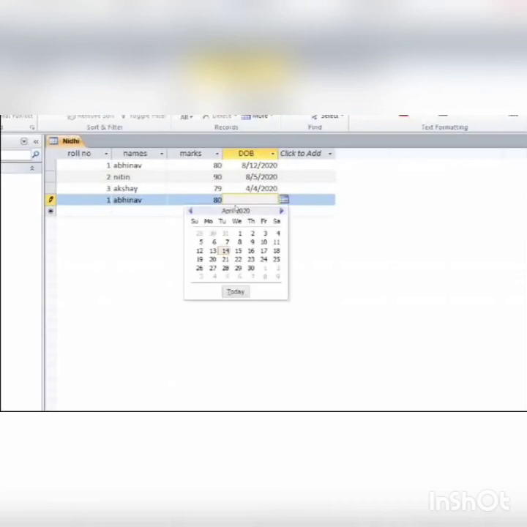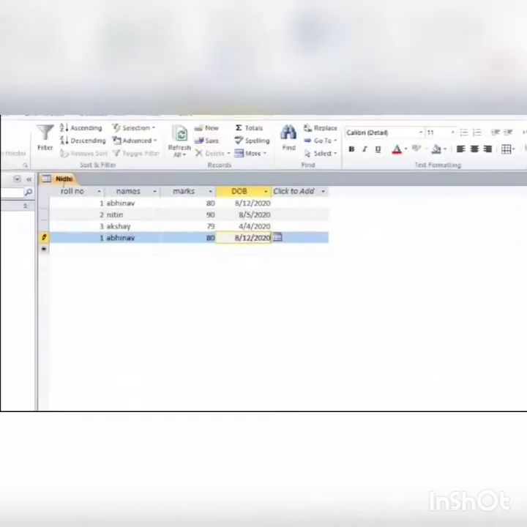The next one, see, I have written 1 Abhinav here, and then I'll write 80 again, and I have chosen a date. For example, I have chosen the same date again.